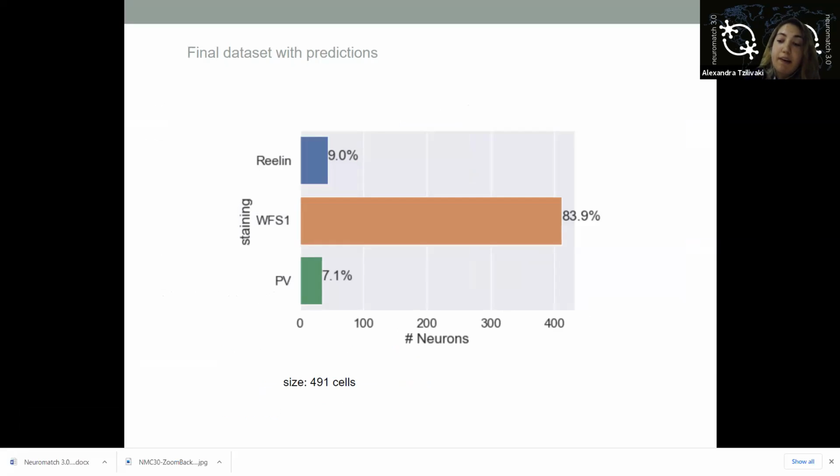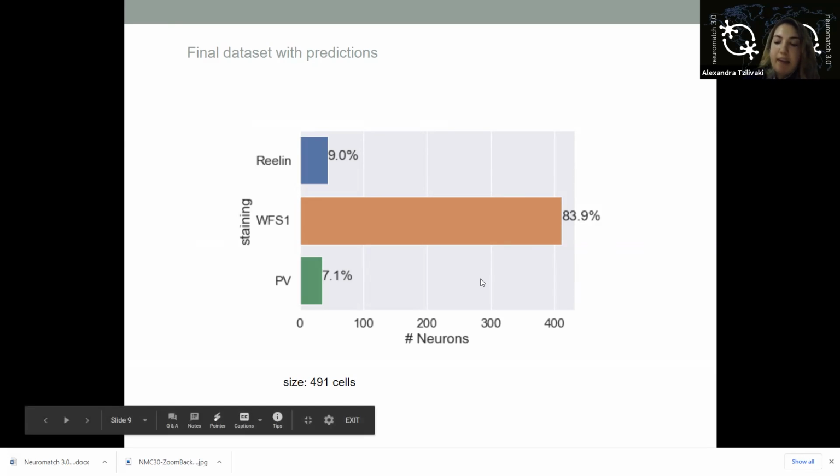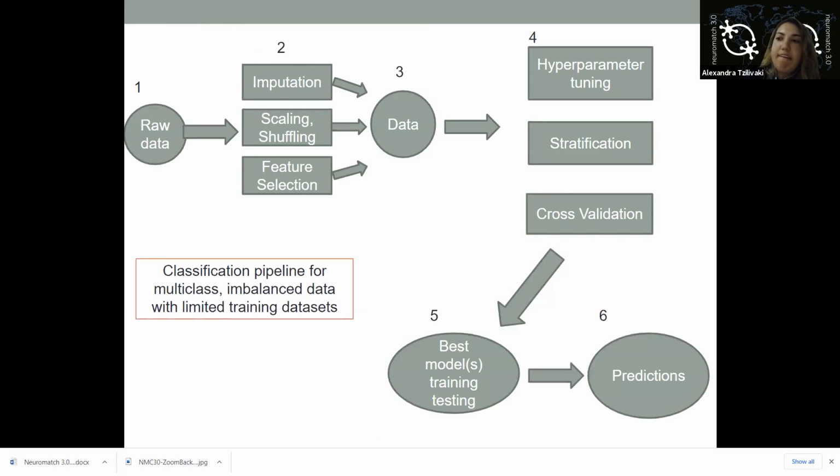And I have to say here that in order to double check that all of our new predictions are correct, we ran the two models, the Random Forest Classification model and the Multilayer Perceptron, and out of 517 neurons, for the majority, more than 90% of them, our models agree in their predictions. We have some mismatches for around 20 or so cells, and we excluded these cells from our data sets. So here is the final data set, and in summary, here is our proposition, not only for machine learning guys